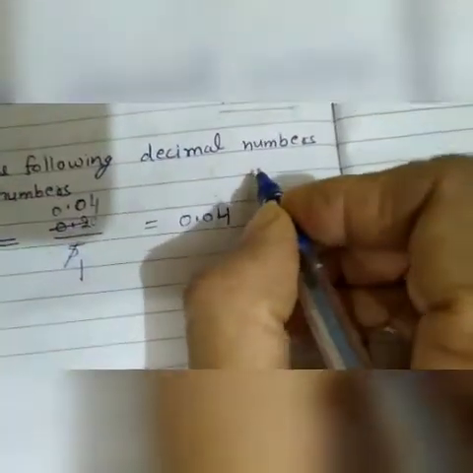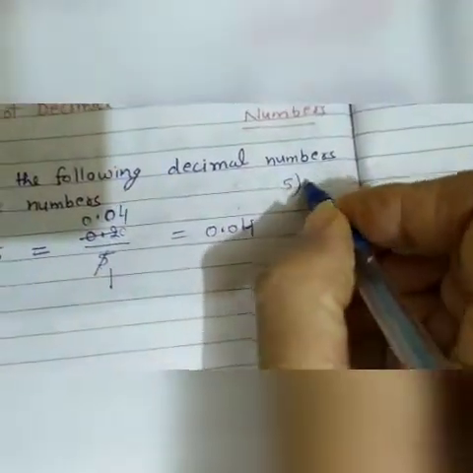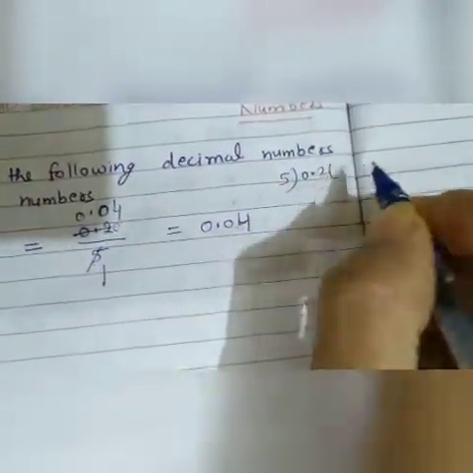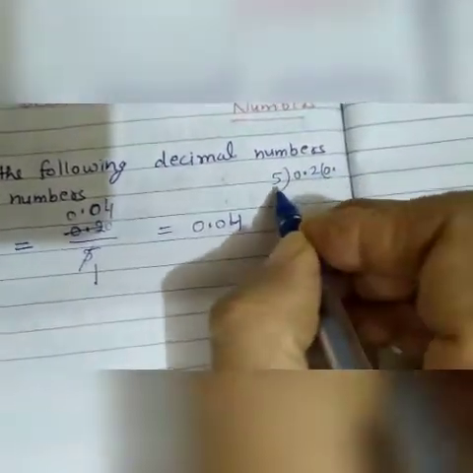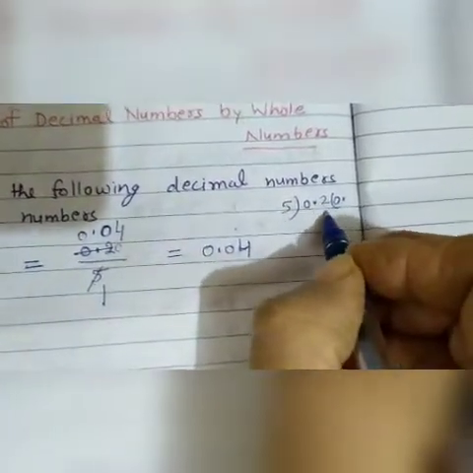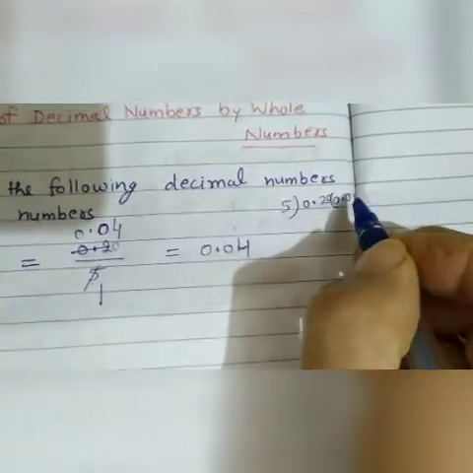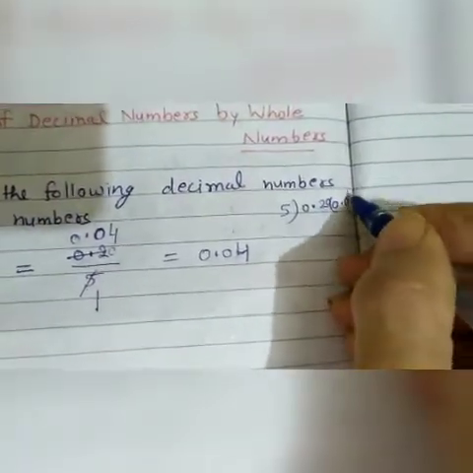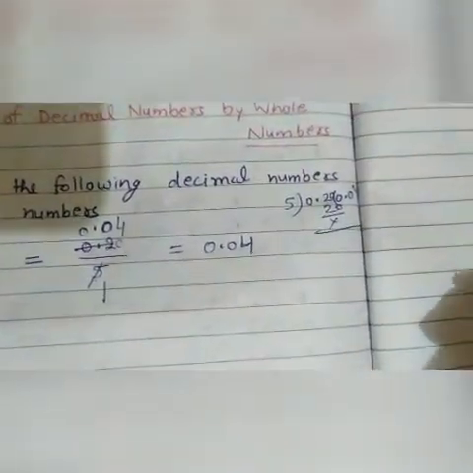See here, if we divide this 0.2 by 5 like this, first we will write this 0, then this decimal. Now we cannot read the table of 5 under this 2, so we will write one more 0. Now add 1 0 here. Then it will be 5 4 ja 20. Like this. Clear?